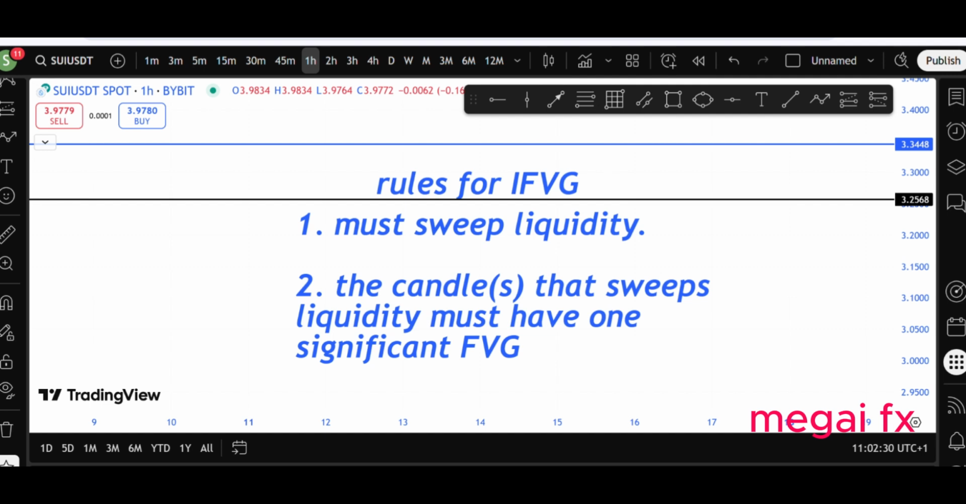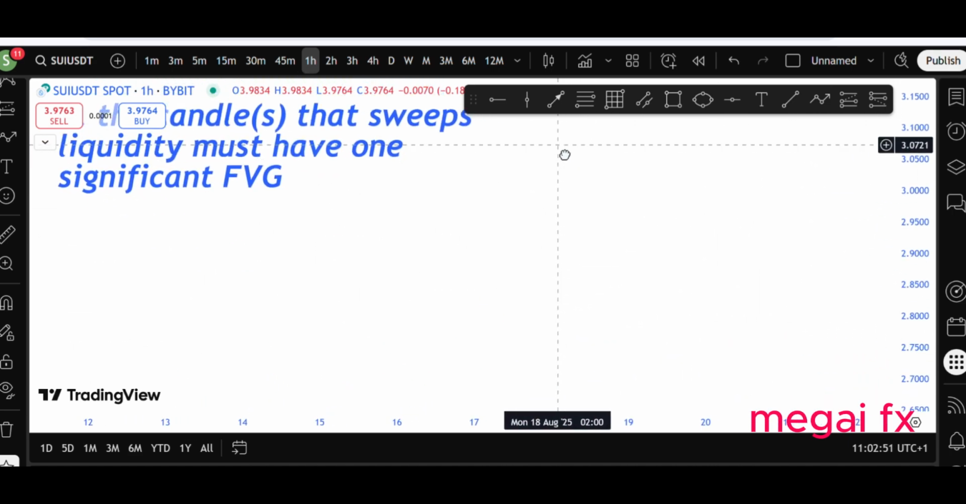And the first one is, market must sweep some sort of liquidity before you start looking for inversion fair value gap to form. What do I mean by that? If, for example,